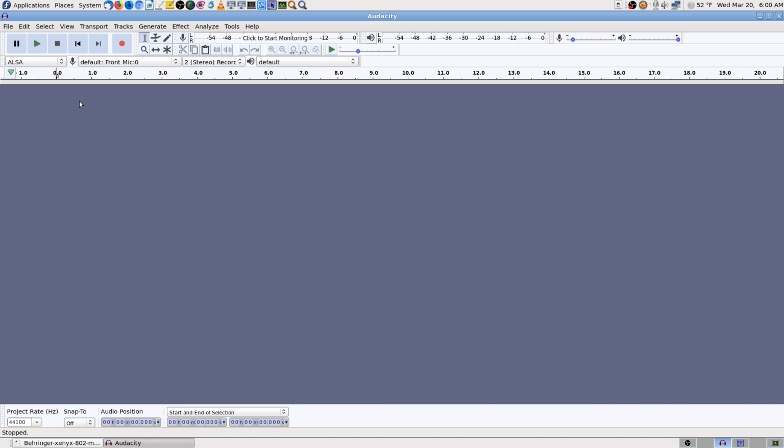Or you can record onto 1, and I think you can. I don't know if you can do that live while you're recording. I know if you have a mono track, you can tell it to turn it into stereo, duplicate it. You might be able to do that while you're recording. But anyway,